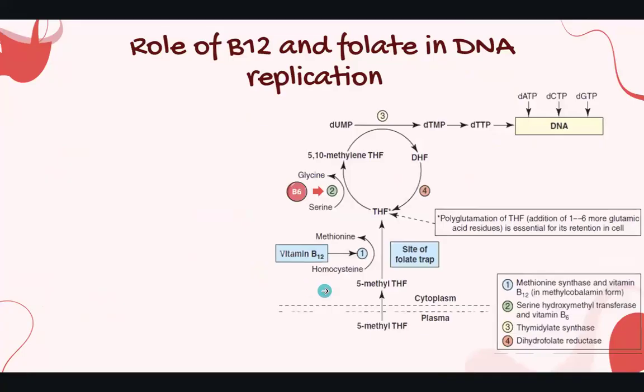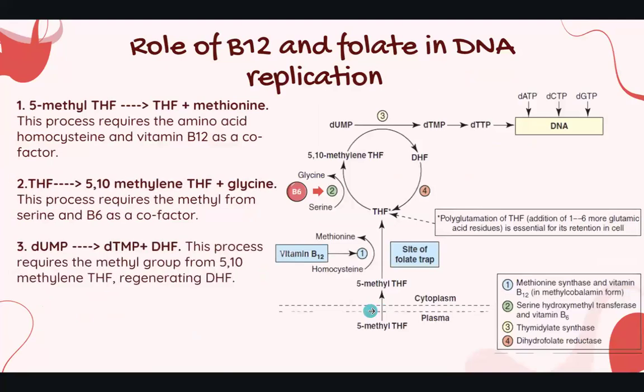Okay. So if we look here, you have tetrahydrofolate, and as we said, in order to keep it inside the cytoplasm, preventing it from going outside, you have a process called polyglutamation. Polyglutamation is important because it prevents tetrahydrofolate from going out of the cell. It stays inside the cell, and this is how we replenish tetrahydrofolate, because every time we would convert dihydrofolate into tetrahydrofolate,